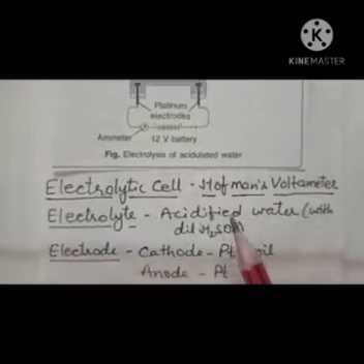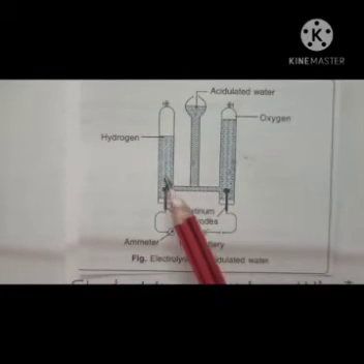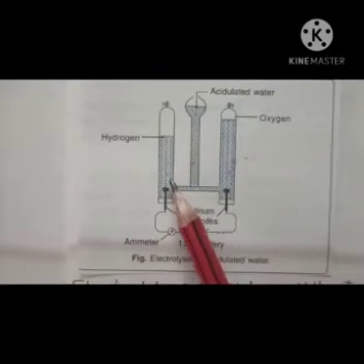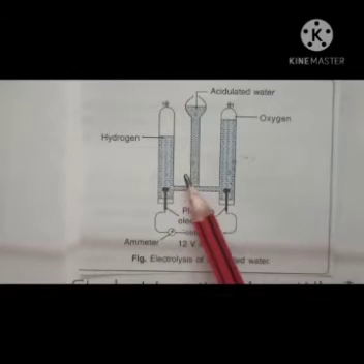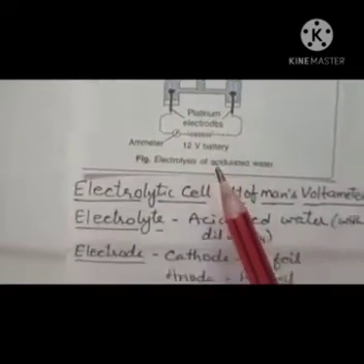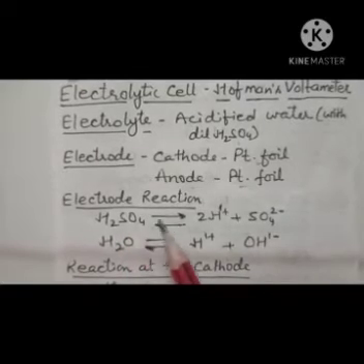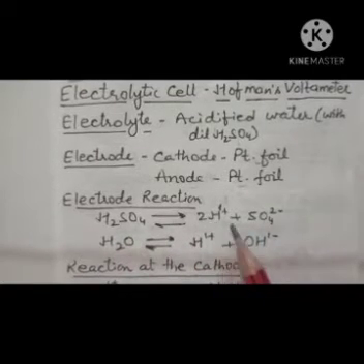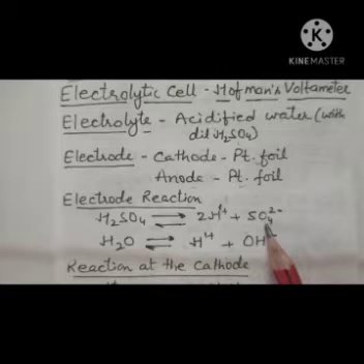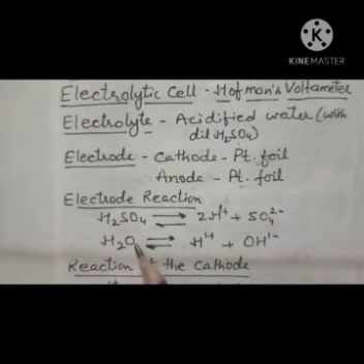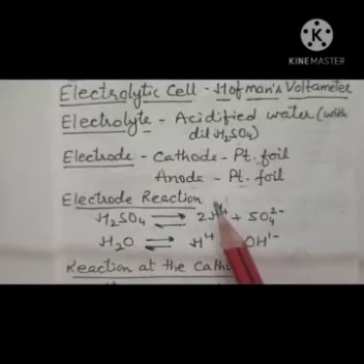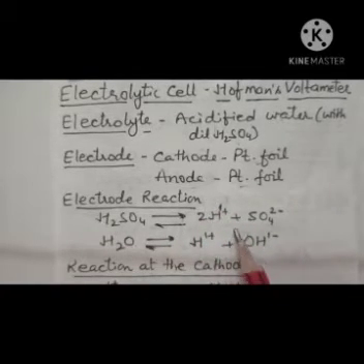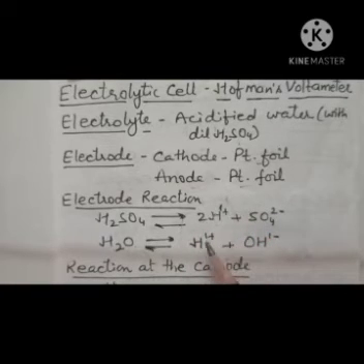Now when you pass electric current through this acidified water, then water and what else is also there? That is your dilute sulfuric acid. They decompose into ions. Sulfuric acid first decomposes into H ions and sulfate 2 negative ion, right? And the same way water breaks down into H ions and OH ion. So in the solution, after passing electric current, you have 2 positive ions and 2 negative ions.